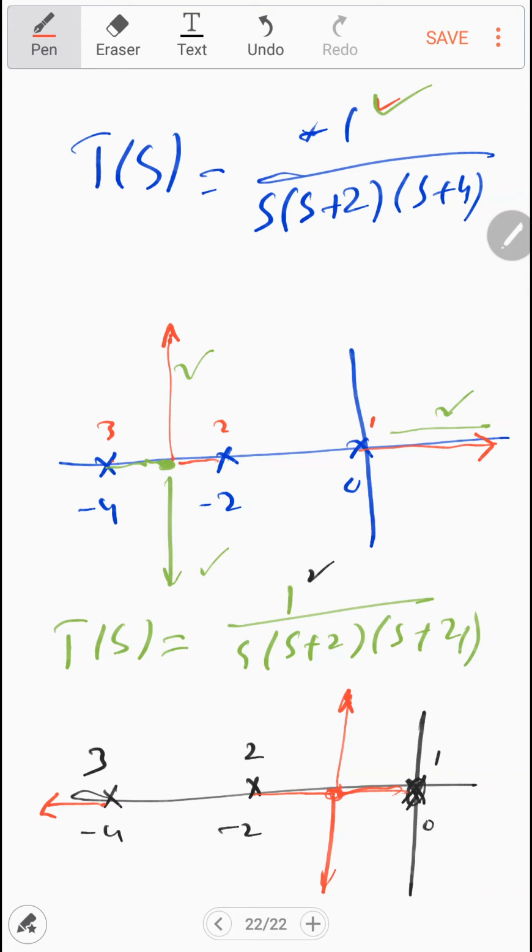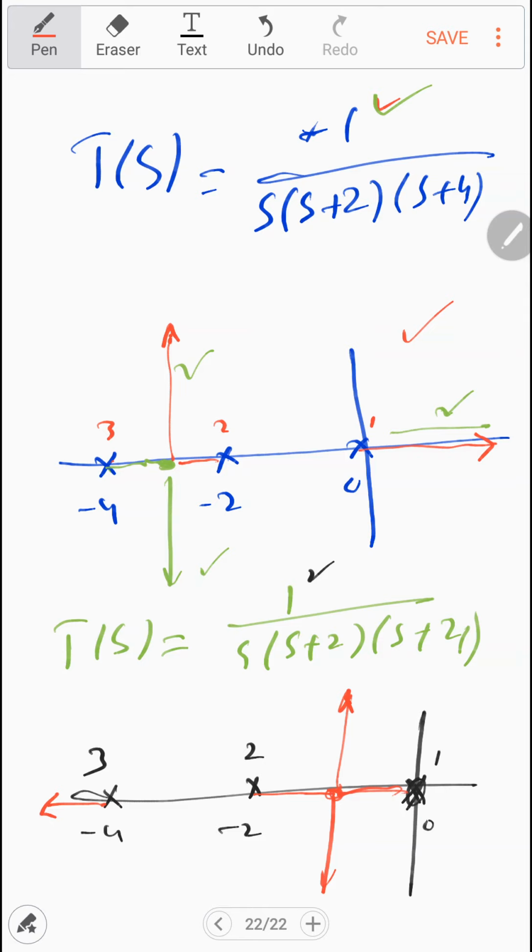So you see, the root locus changes completely when you change the gain of the system. In this one, this is the root locus, and in this one the root locus changes. So you should know this one. You have to observe the value of k also when you are plotting the root locus.